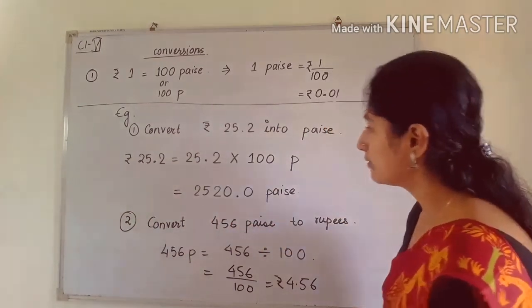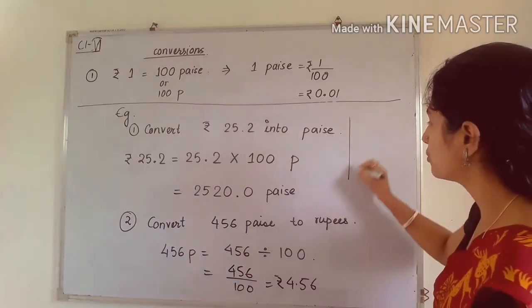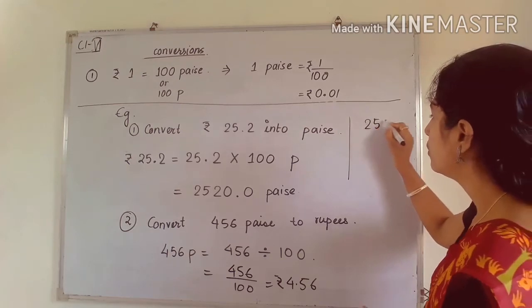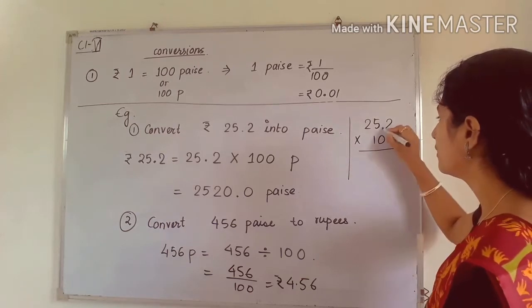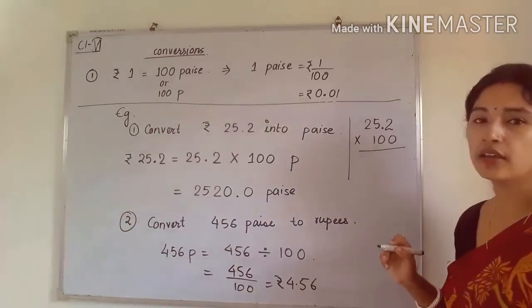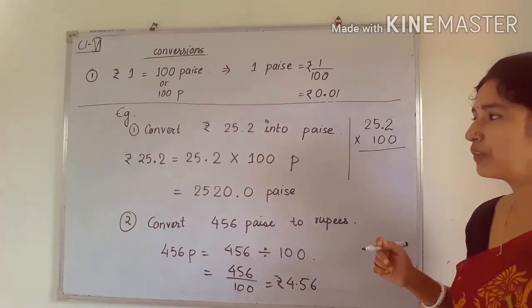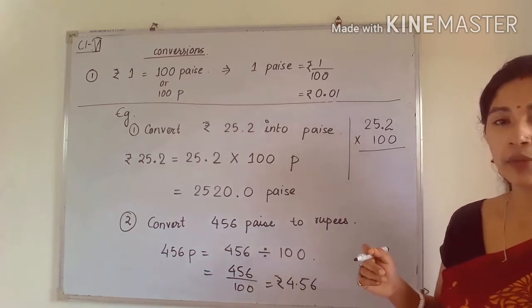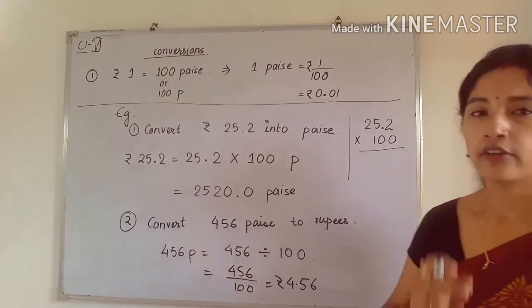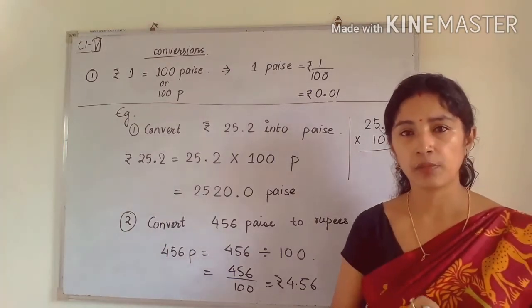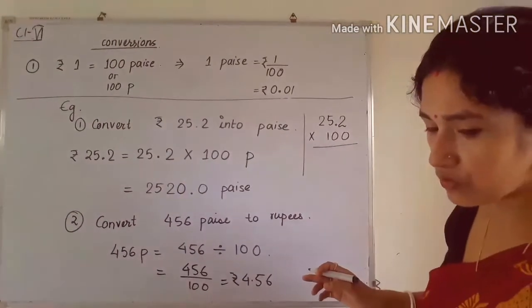So how to multiply? See, multiplication is very simple. First of all you have to see the decimal number, and you have to forget about the decimal. Don't remember that there is a decimal point here. Just multiply as you have done in previous cases also. You have multiplied so many numbers, so in the same manner we will multiply here. And lastly, at the final stage, we have to put the decimal in the correct place. Now the multiplication of decimal numbers is very simple.